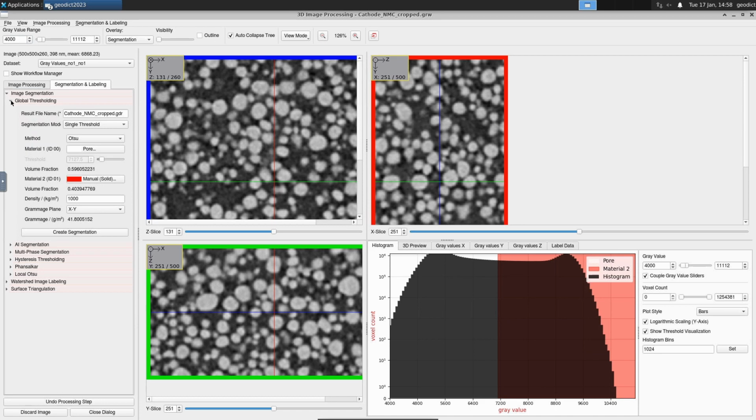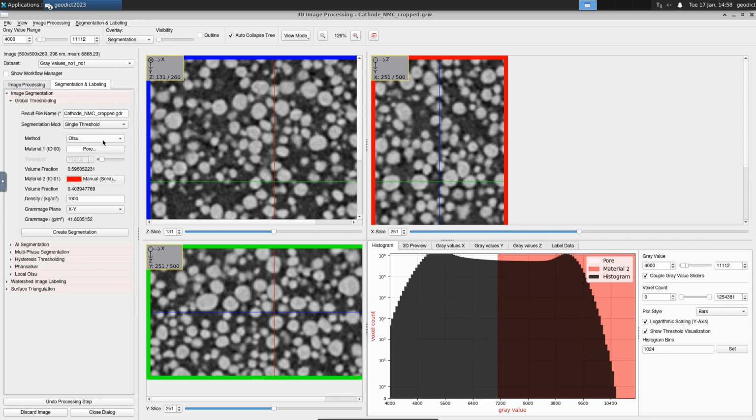Open that one, and in there you can select different methods. We want to keep the segmentation mode to single threshold, because we have only two materials, here the grains and the space around it, so we only need one threshold between the two materials. The default method that we selected here is the Otsu method.